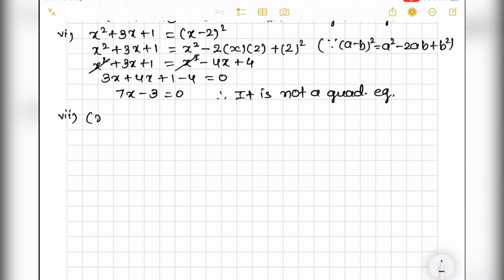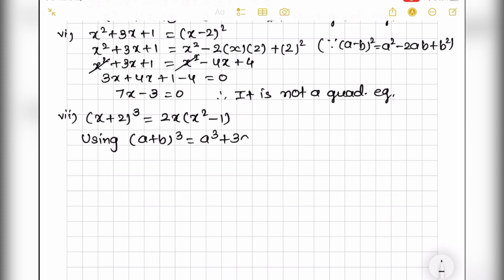Seventh one says (x plus 2) whole cube equal to 2x into (x square minus 1). Now here cube is there, so I have to use the formula (a plus b) whole cube equal to a cube plus 3a square b plus 3ab square plus b cube. So if I directly use that, x cube plus 3 into x square into 2 plus 3 into x into 2 square